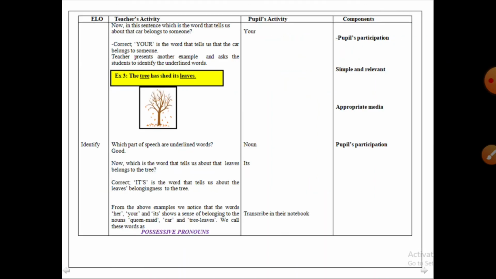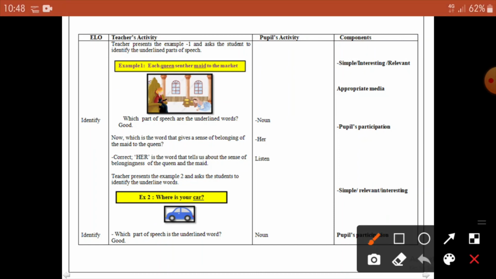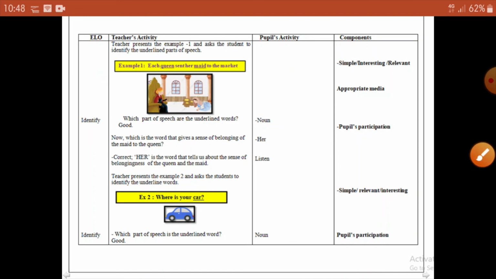One significant thing I wanted to tell you: for writing this episode you have one column, this is ELO. You need not mention this column of ELO. Why? What is the reason? ELO is actually your objectives, which you write in the column of instructional objectives. Why am I saying not to include it here? The reason is that if you include this, you may involve yourself in another skill, that is, instructional objectives. We do not want you to deviate from that. First, you only develop the understanding of how to present the skill of illustration with examples carefully and judiciously. I hope it is clear to you.